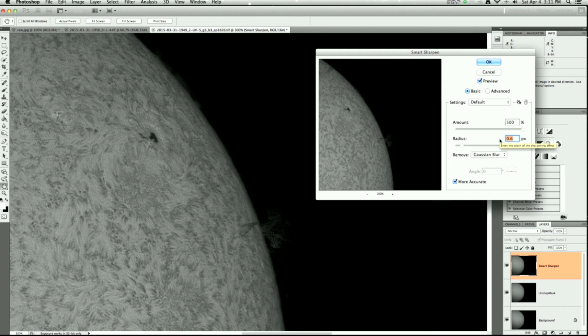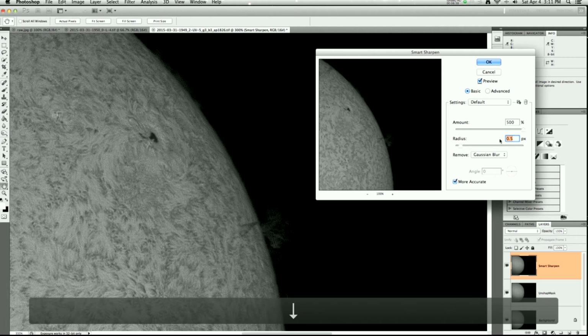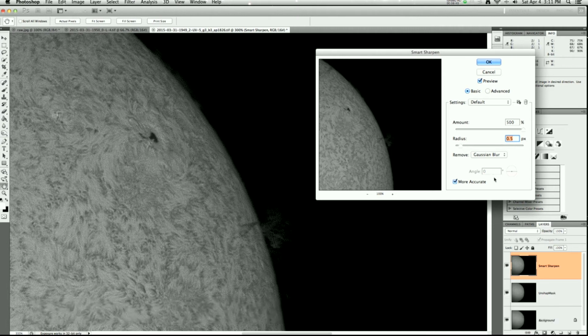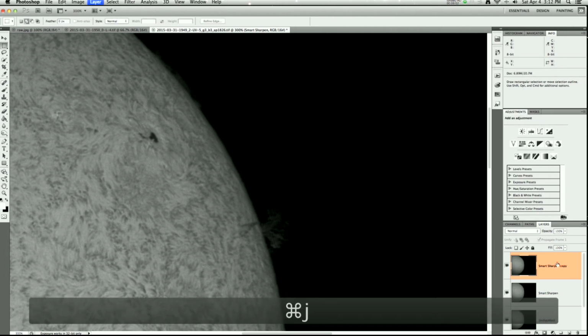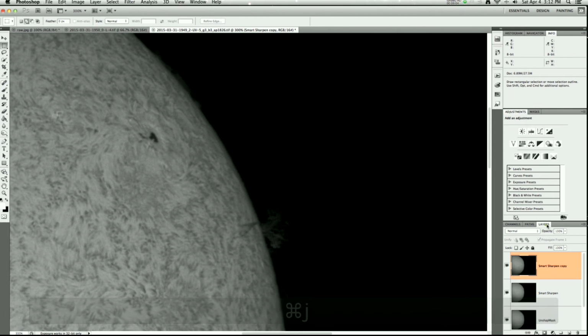Alright, now that you can see this noise overtaking our image, it's usually a good sign you want to stop right there. I'm going to tone it back by 1. And then I'm going to bring the amount down until that noise starts to get out of the image. And there you go. Okay, our next step here